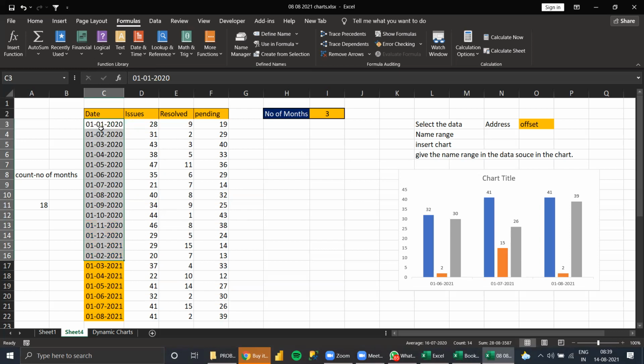Yes, sir. Now, suppose if you have text, the COUNT formula will not work. COUNTA will work. That's very important for every formula. COUNT counts numbers. Suppose we have text here, the COUNT formula will not work. Number means